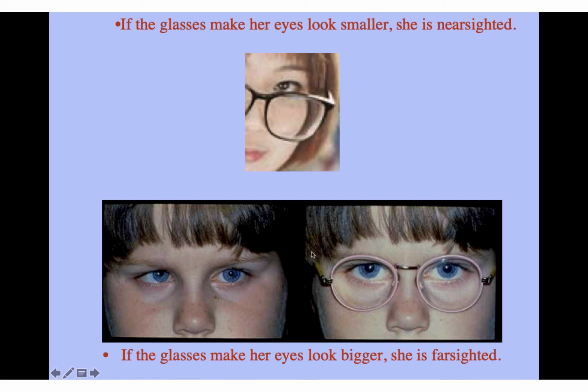Now this person here, and you'll know the people who have glasses and their eyes look bigger when their glasses are on. Mr. Niederkorn is a good example of this. He has his glasses on and it makes his eyes look magnified, because he's farsighted, and these lenses cause the light to bend the opposite way. Nearsighted glasses make your eyes look smaller. Farsighted glasses make them look bigger.